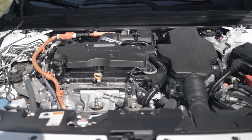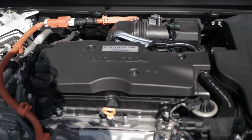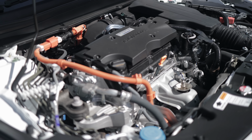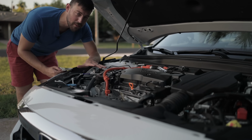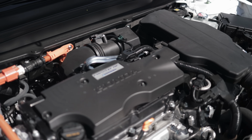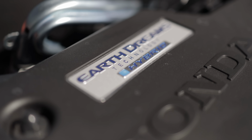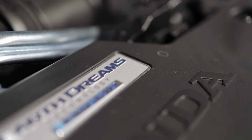Now underneath the hood of the Honda Accord Hybrid, we have a 2-liter 4-cylinder, which doesn't really come as a surprise, naturally aspirated, but the star of the show is going to be the electric powertrain on here. So the electric motor is capable of 181 horsepower and 232 pound-feet of torque, while the gasoline engine is only capable of 143 horsepower and 129 pound-feet of torque. Combined, when they're working together at maximum capacity, we're getting 212 horsepower,